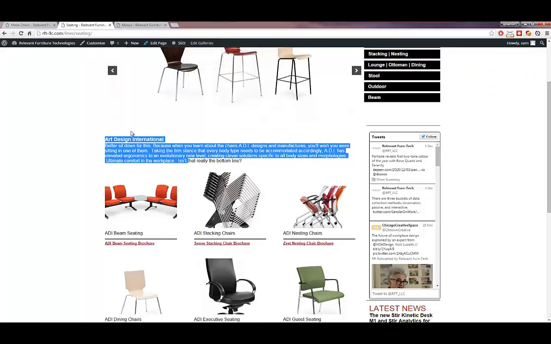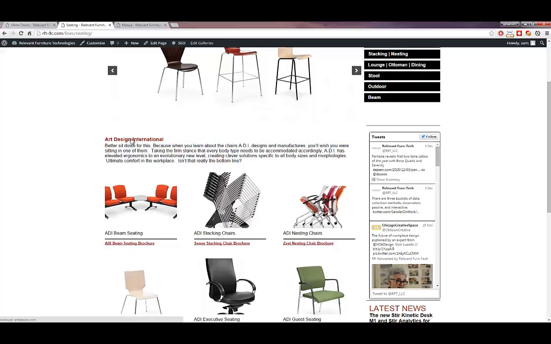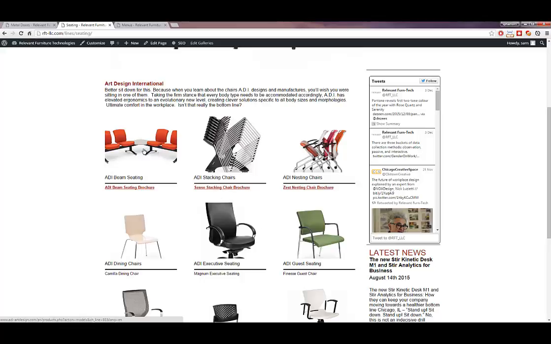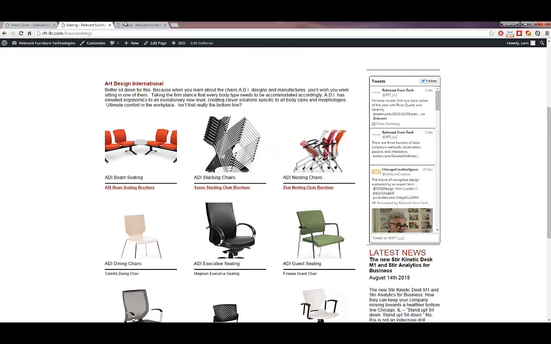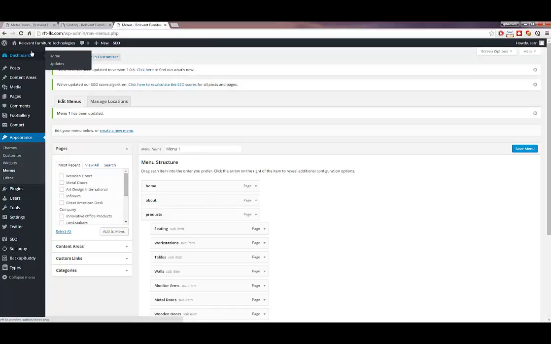Now I didn't create the headings, but if you watch the first video, you'll know how to create headings. But I also want to create this gallery here. So let's go ahead and do that for metal doors. So the next thing I want to do is I'll go back to the backend dashboard,